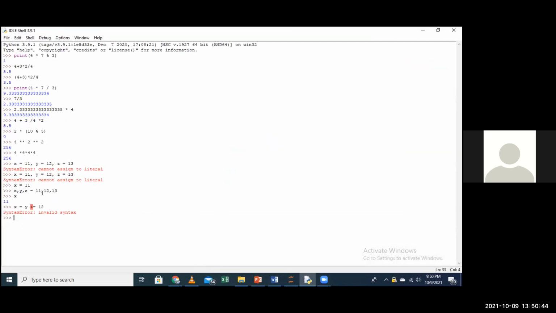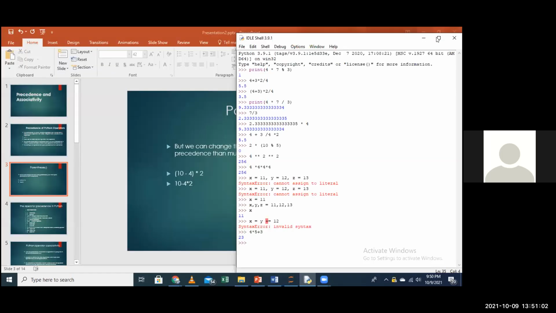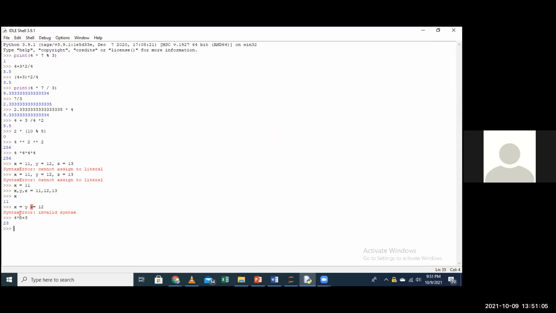When you are talking of precedence, maybe you have something like 4 multiplied by 5 plus 3. Enter. See, the answer is 23. How did the computer, the compiler, do this computation and give us the answer as 23? Why not 4 multiplied by 5, yes, plus 3?